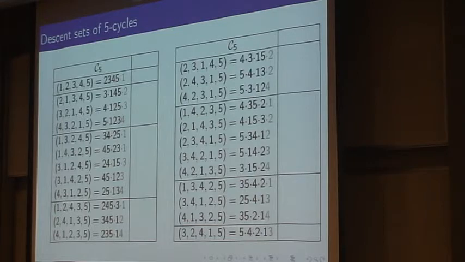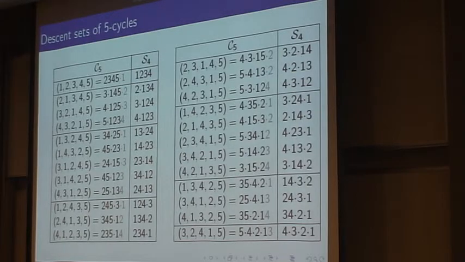So these are all the 5 cycles, so there are 4 factorial of them. And each one of them is written in cycle notation and then in one line notation. And then I've put dots where the descents happen. And then I've erased the last entry, pi sub 5. Okay, so if I do that, and now I only look at the descents formed by the first 4 entries, turns out that those descent sets have the same distribution as the descent sets of the 24 permutations of numbers